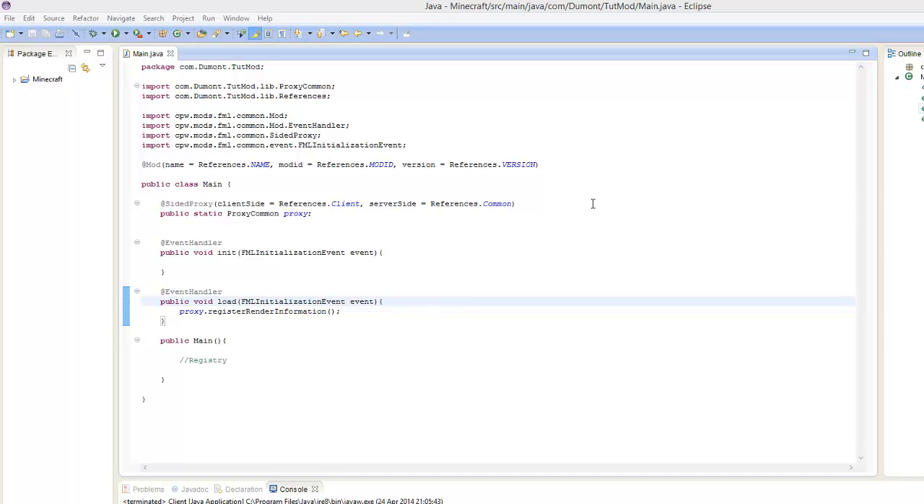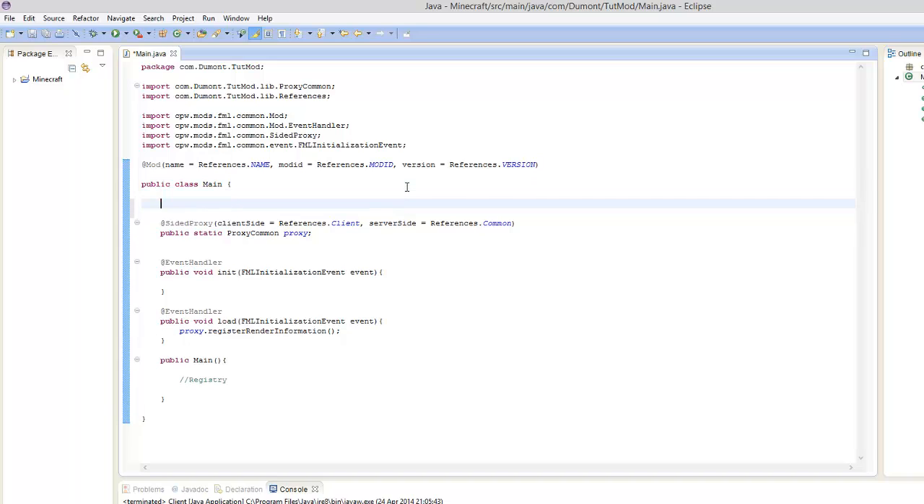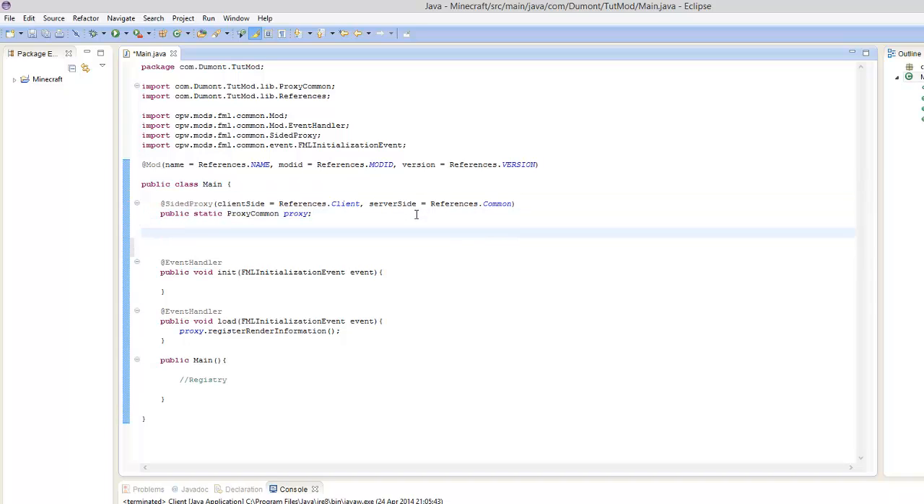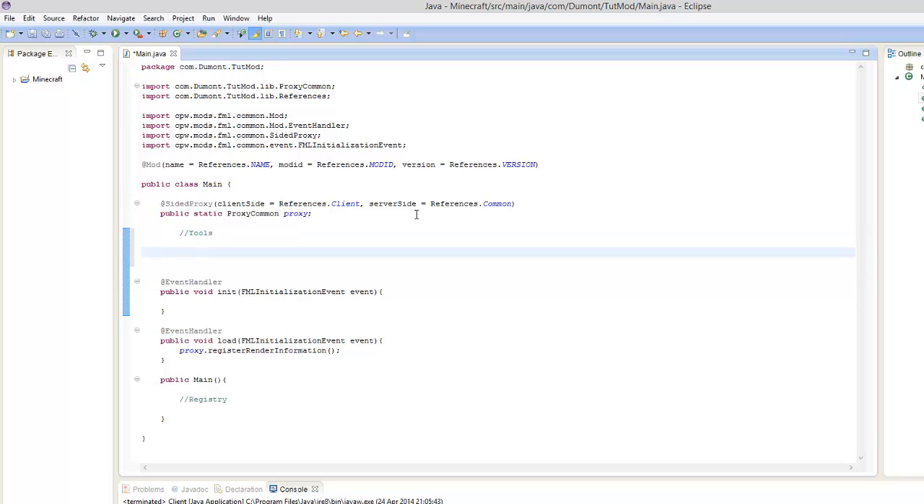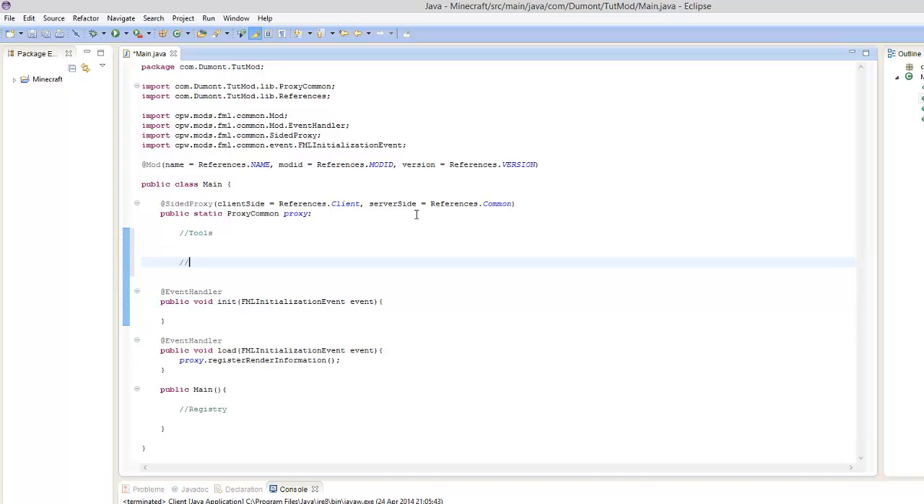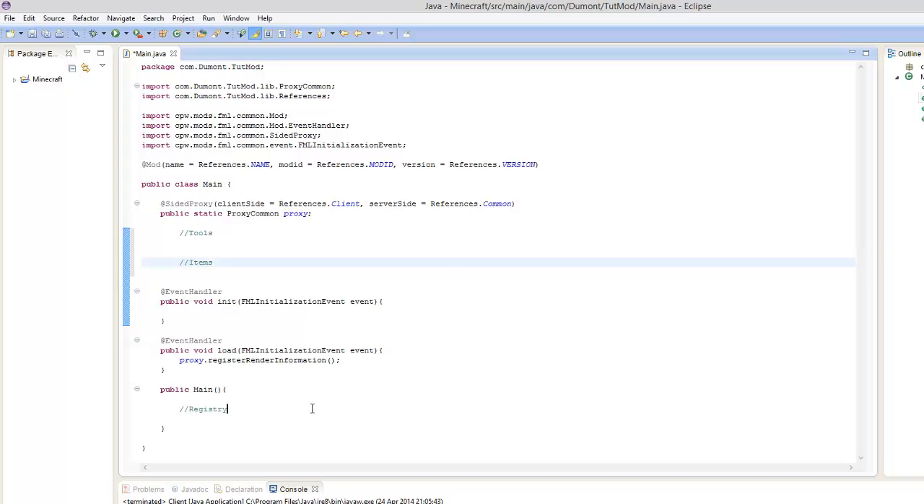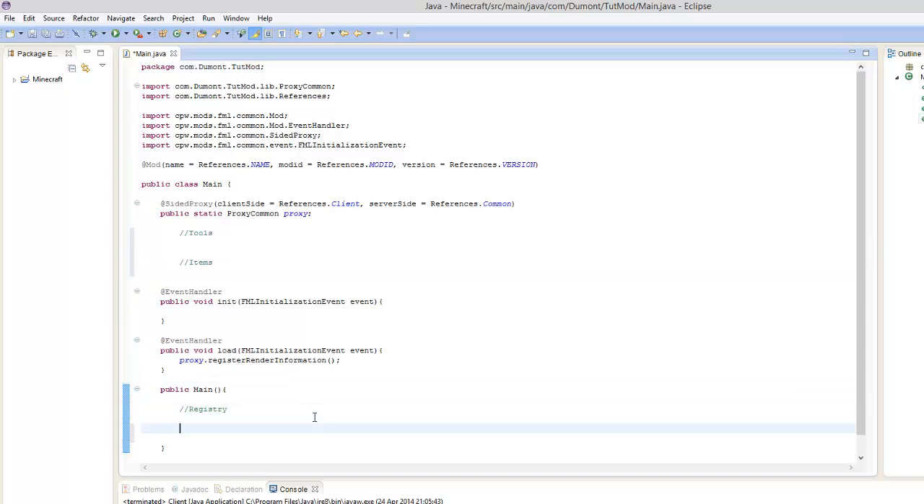Now it's pretty simple. We're just going to start by making the first item, which I think we agreed on. Well, didn't really agree on it because I just said I was going to do it. Down there we have the registry. Then here we're going to have tools, where the sword will go. And then here items. Down here in our registry,